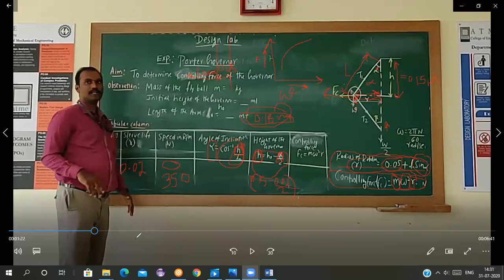You all have a calculator, or if you don't have a calculator, you can use your mobile. You can get a scientific calculator from the Play Store. You can use it, and you can find out the values. Then you will understand which values we are getting and how to solve it.